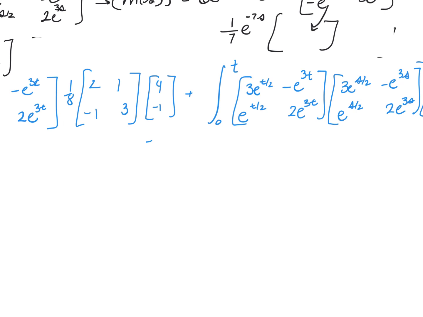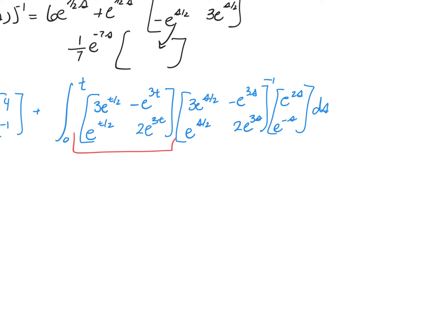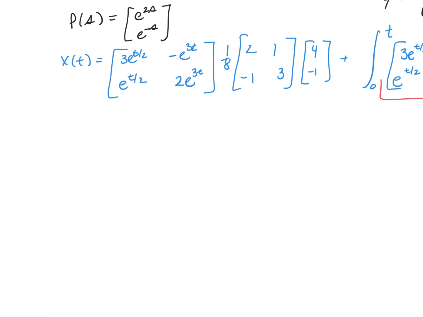Now, when I do the integration, this piece is not dependent on s, because this is with respect to ds. So that matrix is not dependent on the s at all. So that can actually be factored out. And then I would multiply these two matrices together, and then I would integrate it component by component. So A11, A12, A21, A22. And so what I'm going to end up with, I'm going to just kind of jump to